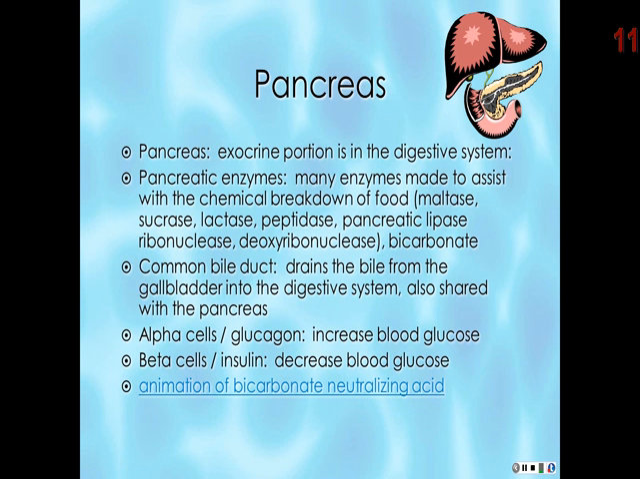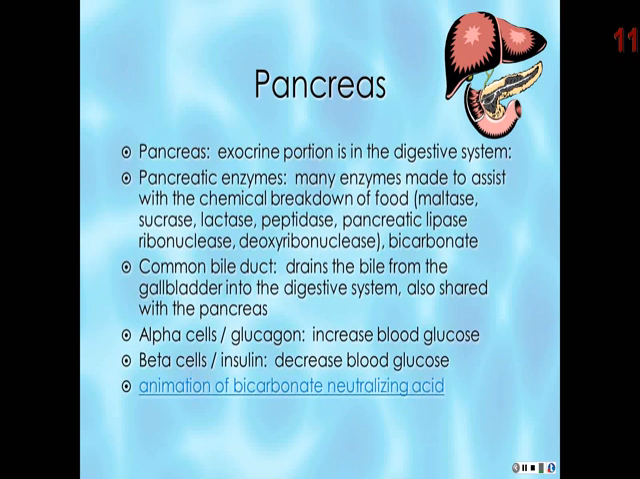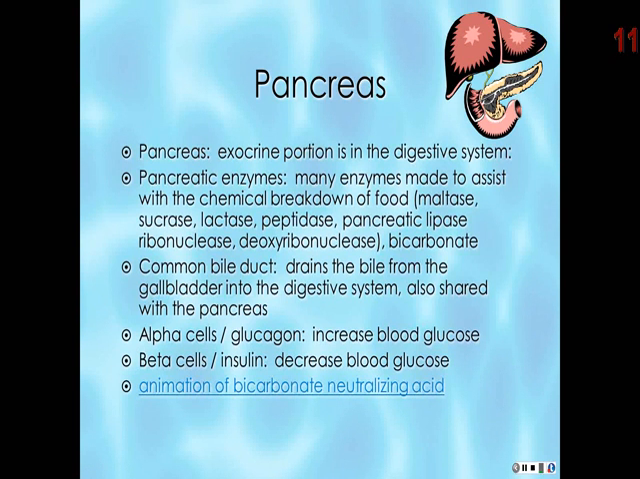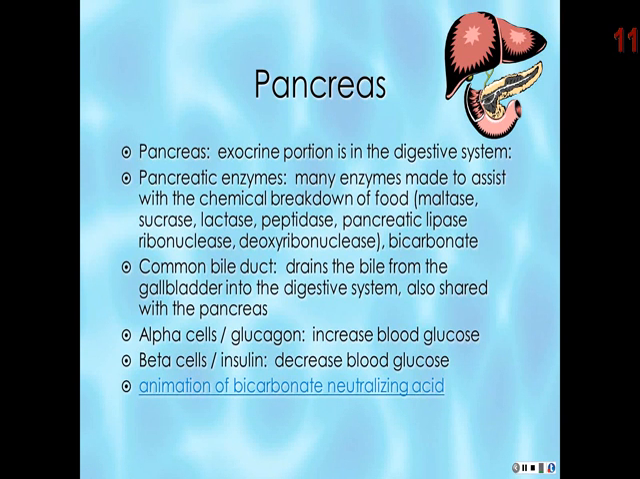The exocrine portion of the pancreas is active in the digestive system. It produces many enzymes to assist in the chemical breakdown of food. Some examples of these are maltase to break down maltose, sucrase to break down sucrose, lactase to break down lactose,